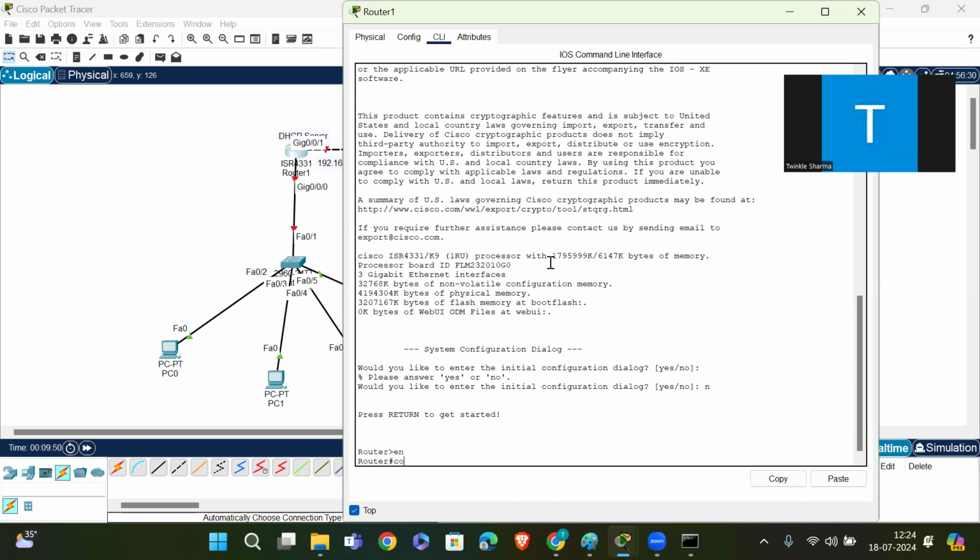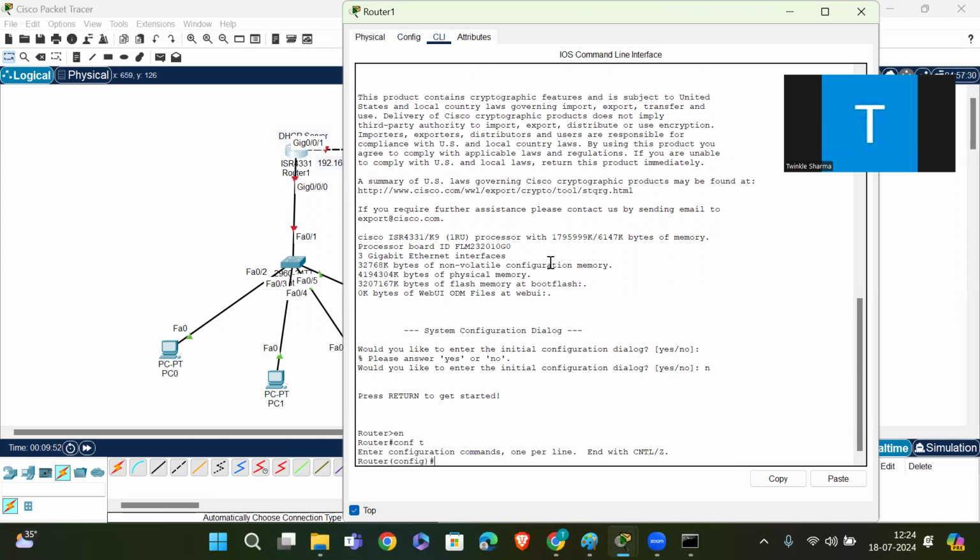Enable, configure terminal. Then interface G0/0/0, right? This is the interface.